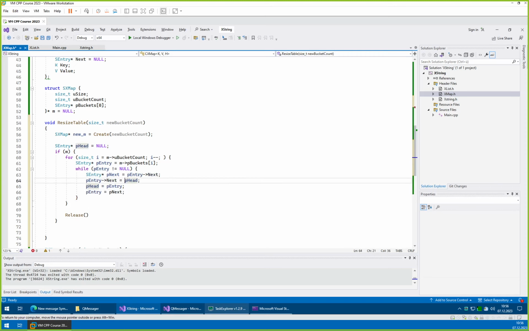Right. And this should ensure that we will